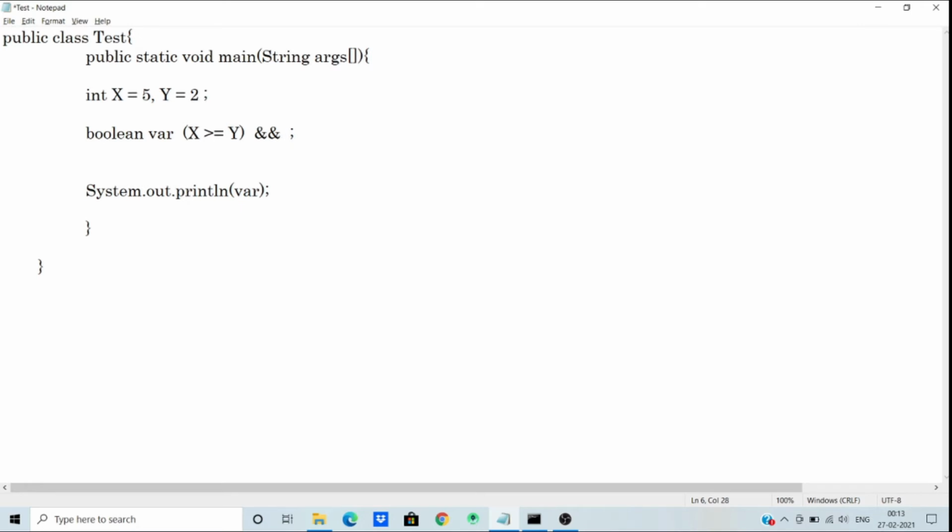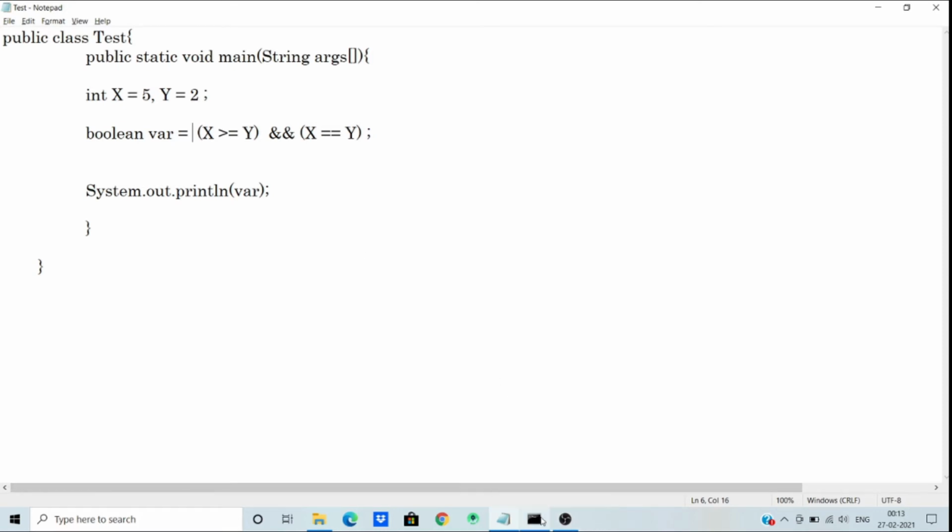So I write AND operator and then x equal to y. So logical AND operator returns true if both conditions are true. We need to assign these two variables.